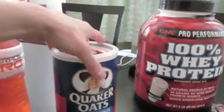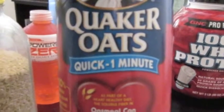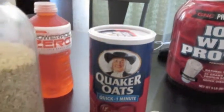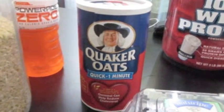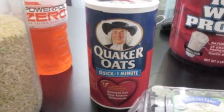Last but certainly not least, good old Quaker Oats helps lower cholesterol. Very tasty. You can add a little bit of fruit, add these little berries in with it for a nice little breakfast. It's a good light meal pre-workout as well and post-workout if you're trying to get that